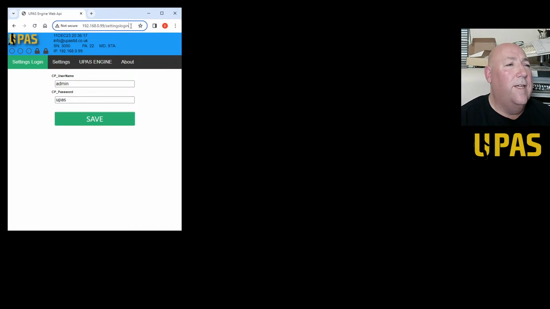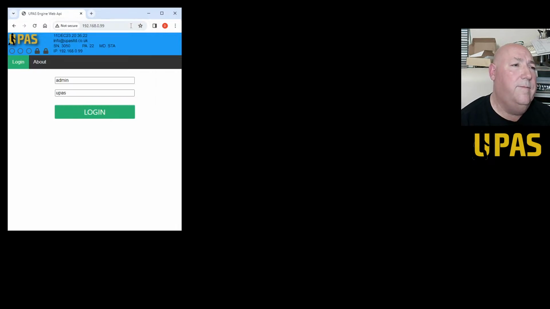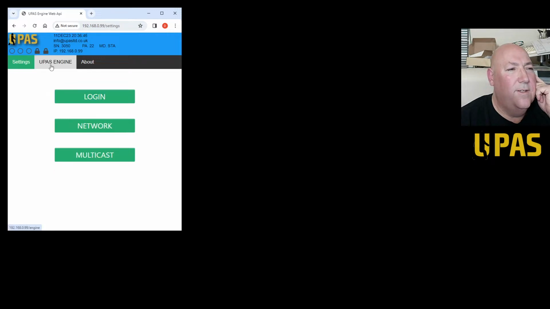Now, if you don't think it's saved, just go back to the login. It's telling you what the password was, but those details no longer work. It won't let you log in, so you've got to go back to the new one. Anyway, it gets exhausting. We've got to split up the settings, so you can go where you want to go with it.